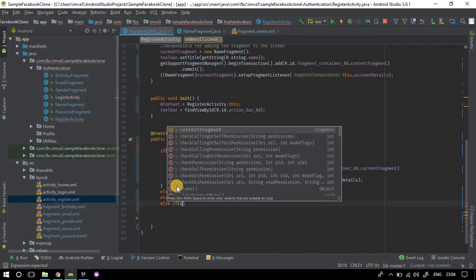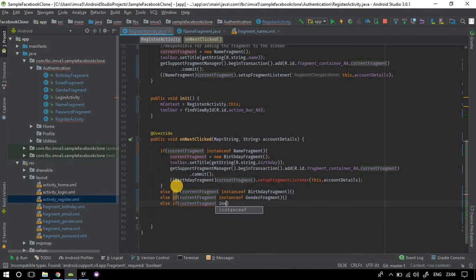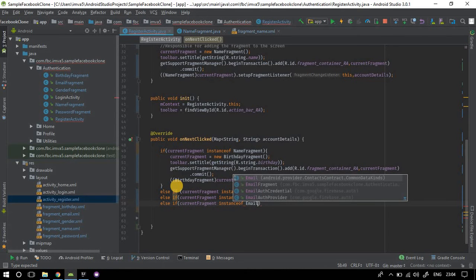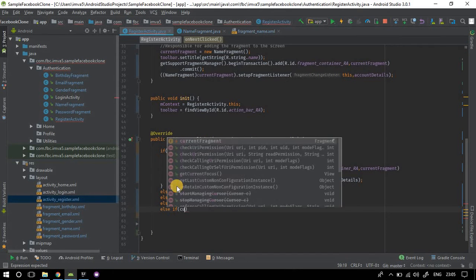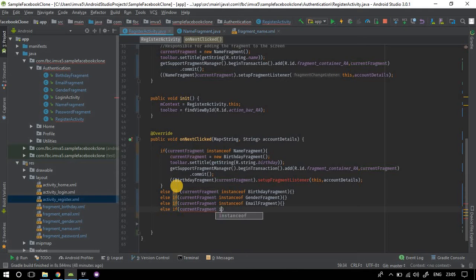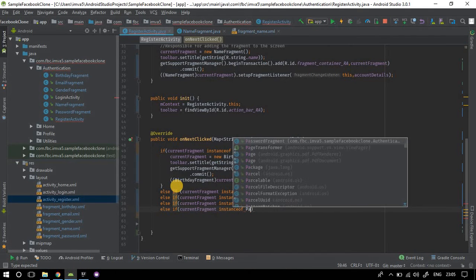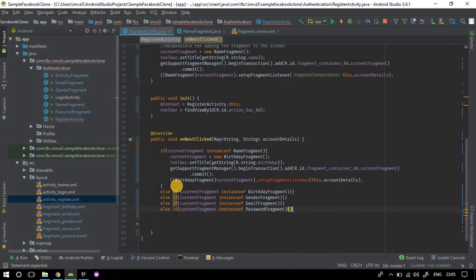Else if the current fragment is an instance of the email fragment, then I want to redirect it to the password fragment. And if it is an instance of the password fragment, I want to create an account, because that will be my last fragment. Or we'll do something else with it. For now, we'll